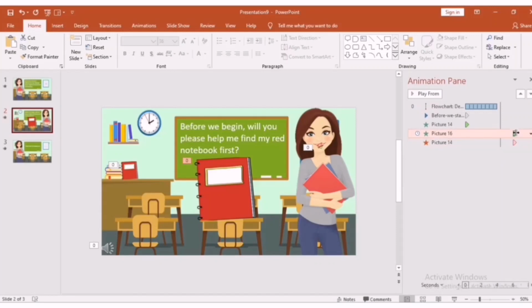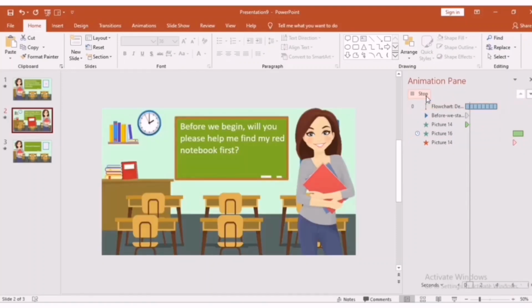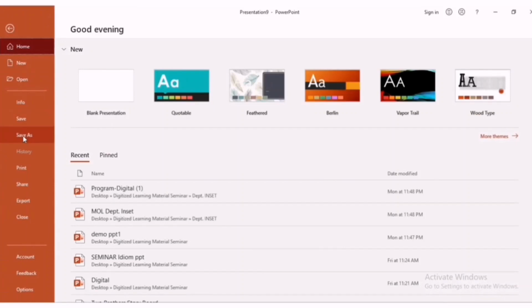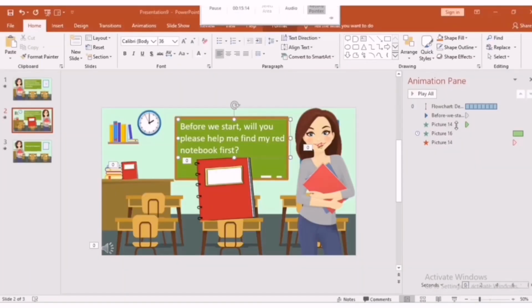If the arrow is a solid black, it means you're moving it. If there are two black arrows, it means that you are extending the animation. Let's play it once again. After the dialogue, the second notebook will appear. So we only did those steps because we are going to convert this into video, and triggers do not work in videos. So since we are converting our PowerPoint into video and the trigger will not work in video, let's